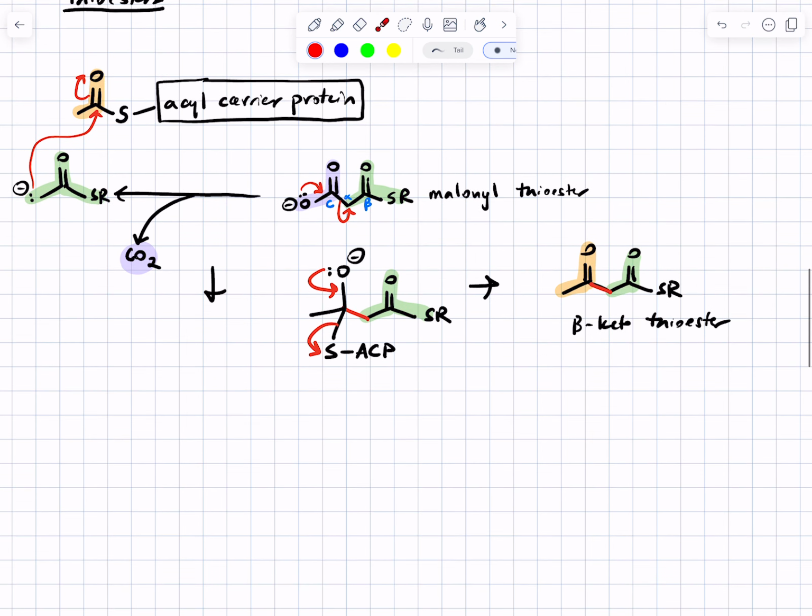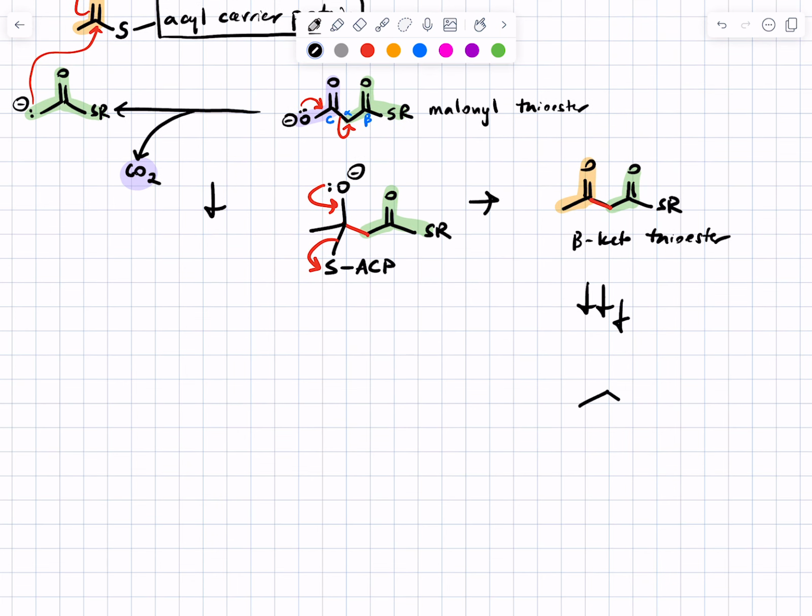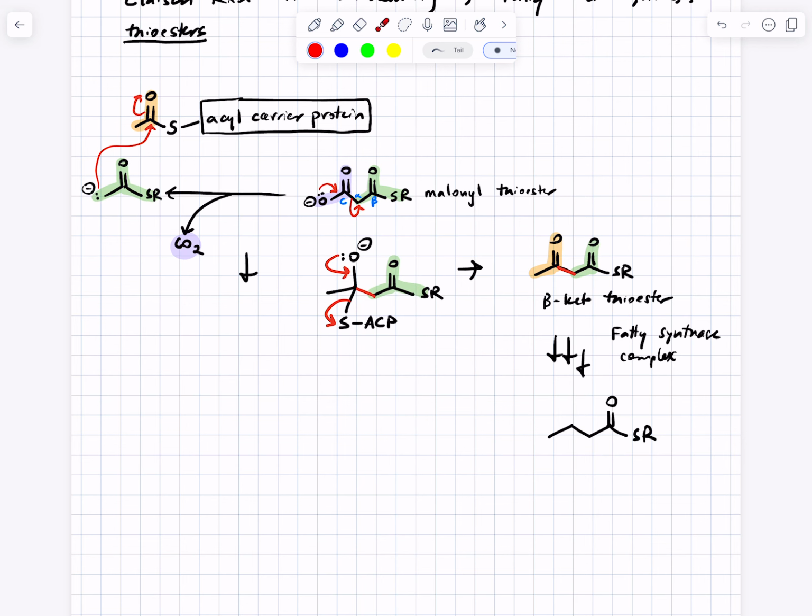For example, ultimately, if we want to make a fatty acid, we've got to get rid of the beta keto group, so that we just have the alkyl thioester. And there are other subunits in the fatty acid synthase complex that do reduction of the ketone, elimination to give an alkene, and then reduction of the alkene to give the alkane. But it all starts with this reaction between the malonyl thioester